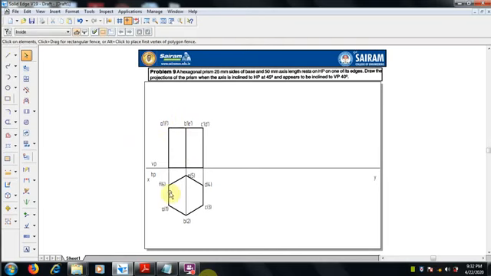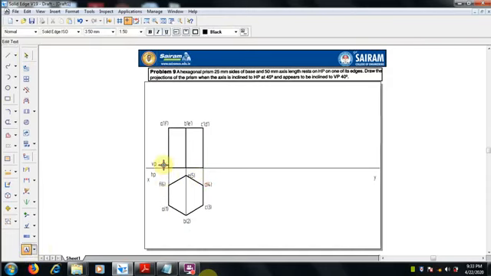Okay. Next, the bottom of the front view, where we mark 1, 2, 3 edges. So 1 dash is visible here, and 6 is invisible, so 1 dash with 6 dash in brackets. Then 2 dash with 5 dash in brackets, and next 3 dash with 4 dash in brackets, which is invisible. Just move it nearby and keep it.